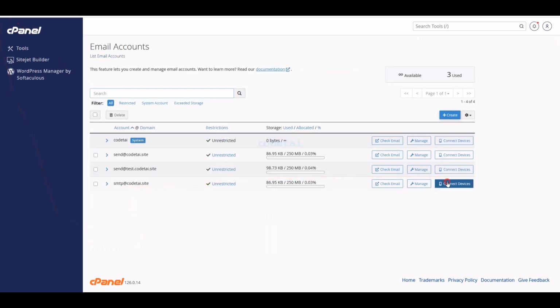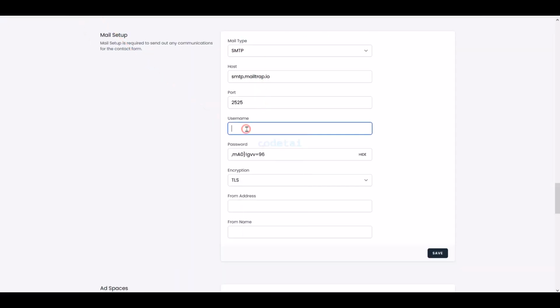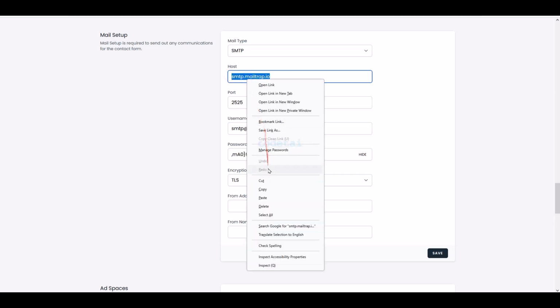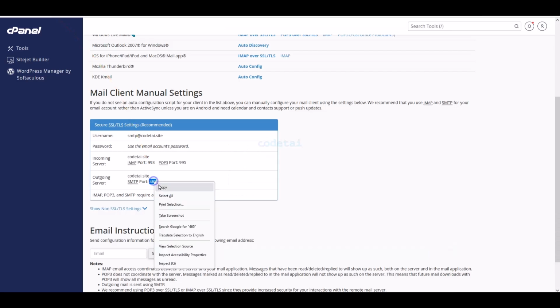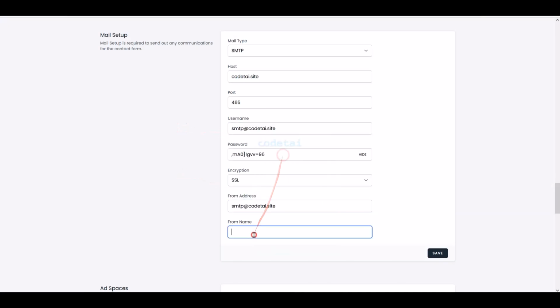Now we will go to the Connect Devices section. Now we will connect this information to the website step by step. Now we will click on the Save button.